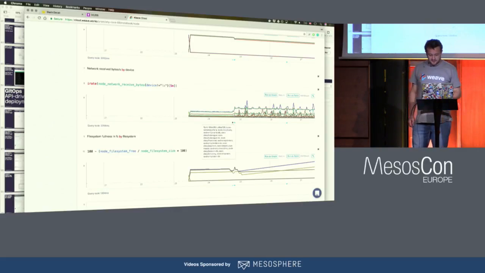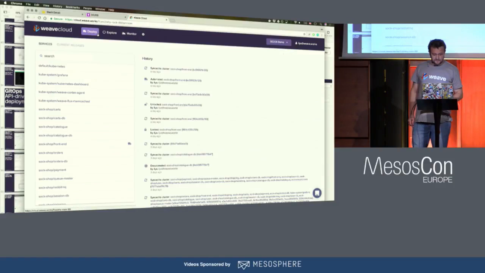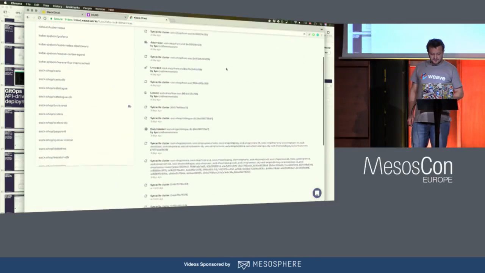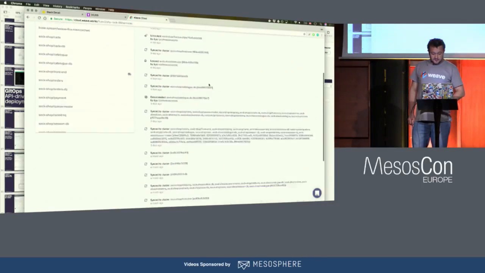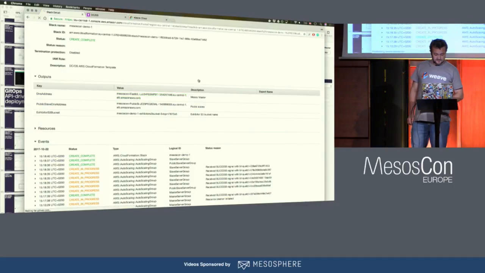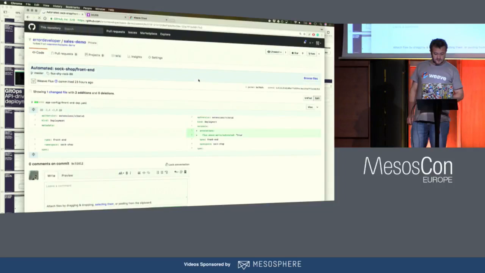So, okay, well, let's take a look at the deploy history. In the overview, we can see all the different events that took place. We can have a look at some of these things that I showed earlier. For example, this thing I think we had on screenshot, yeah. Okay, so we go to GitHub, we can see this.